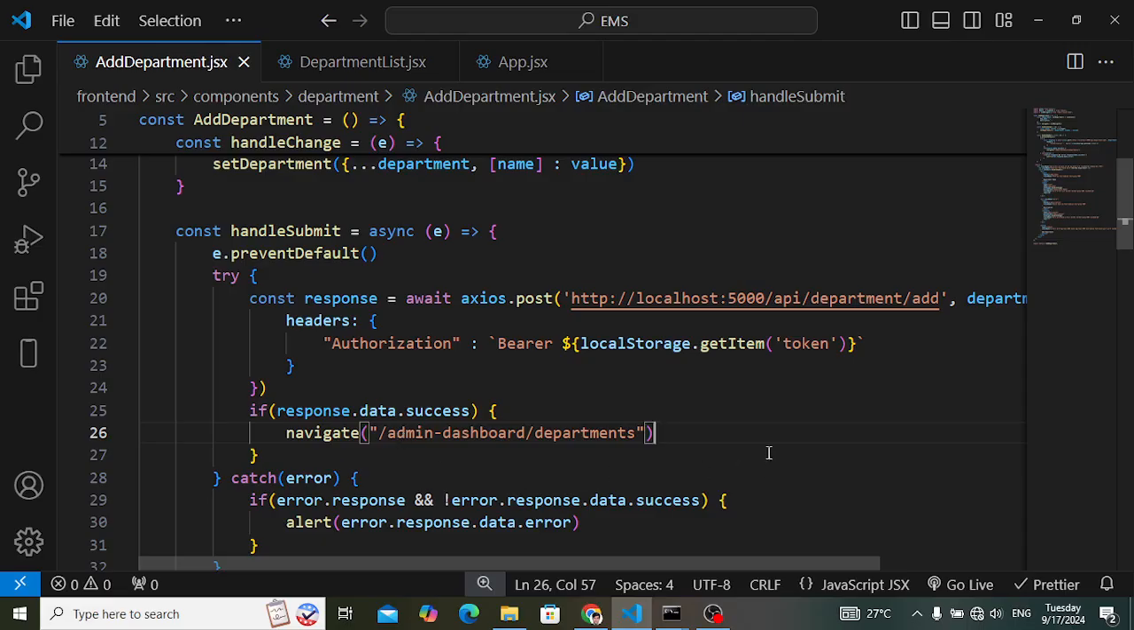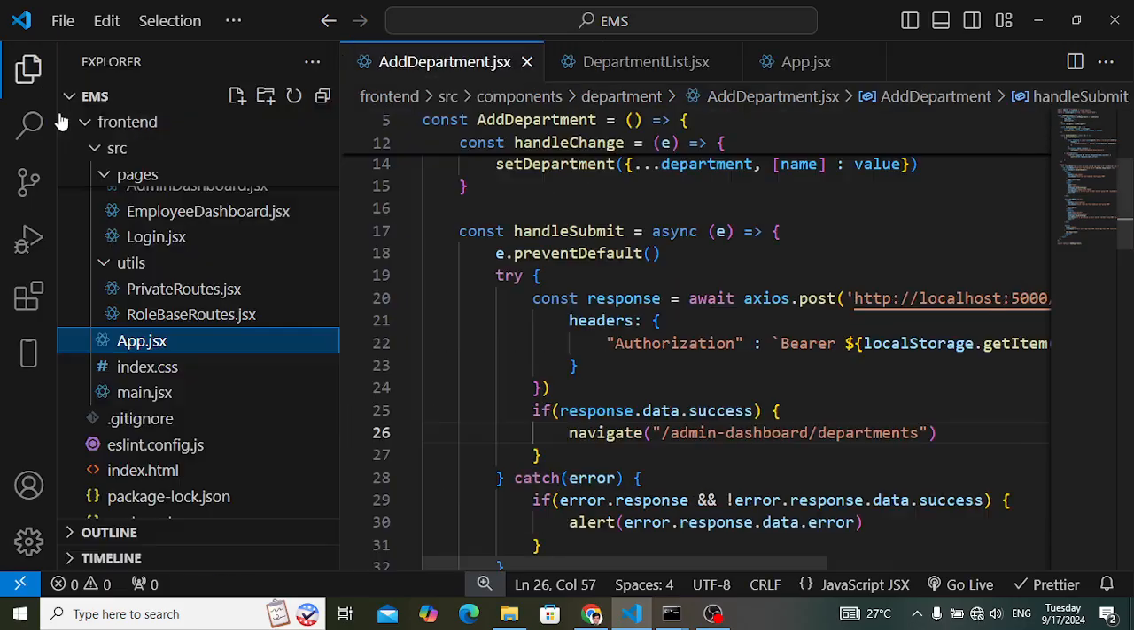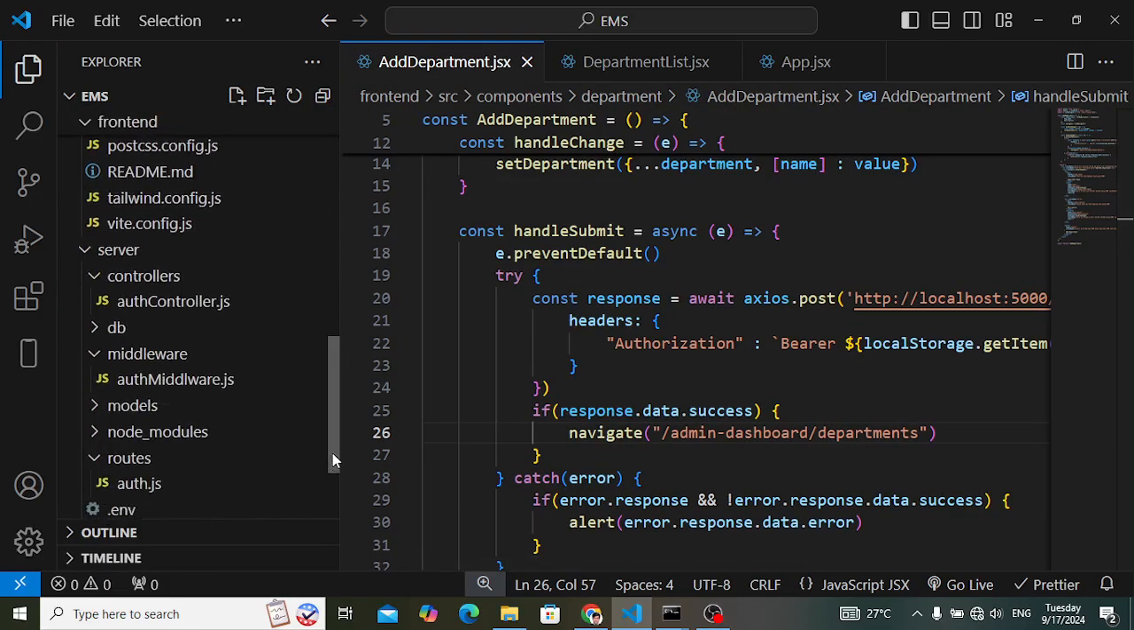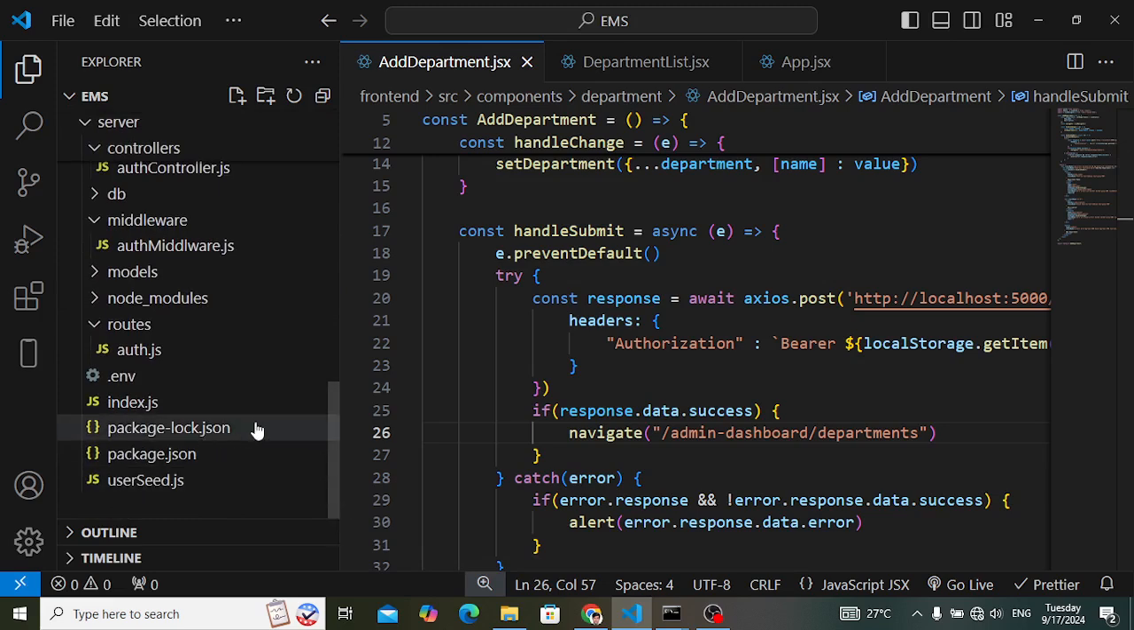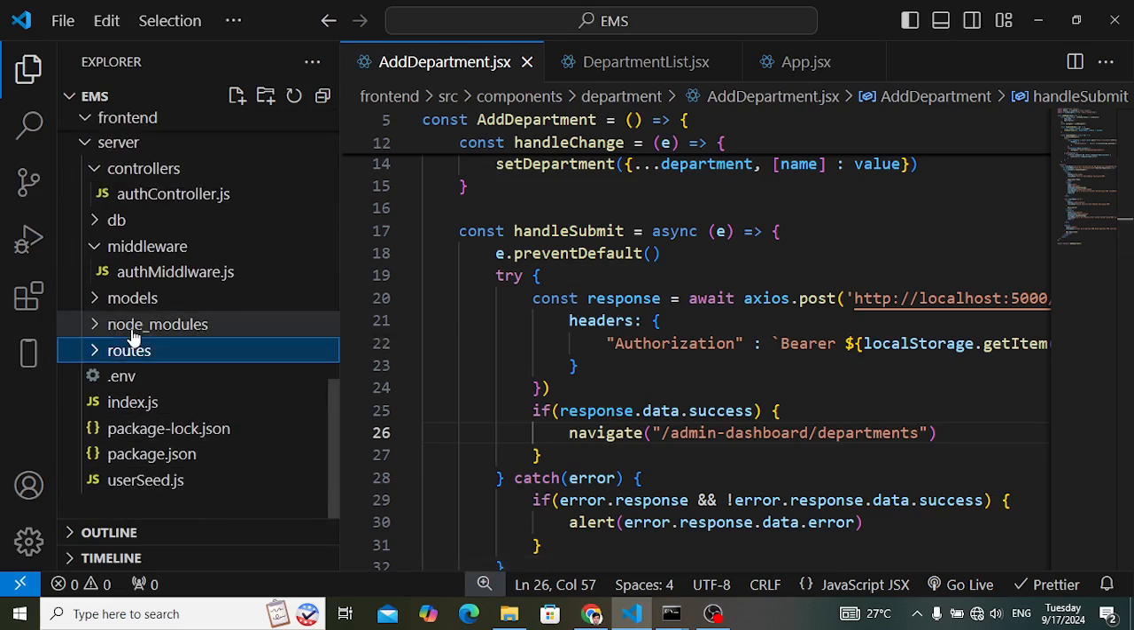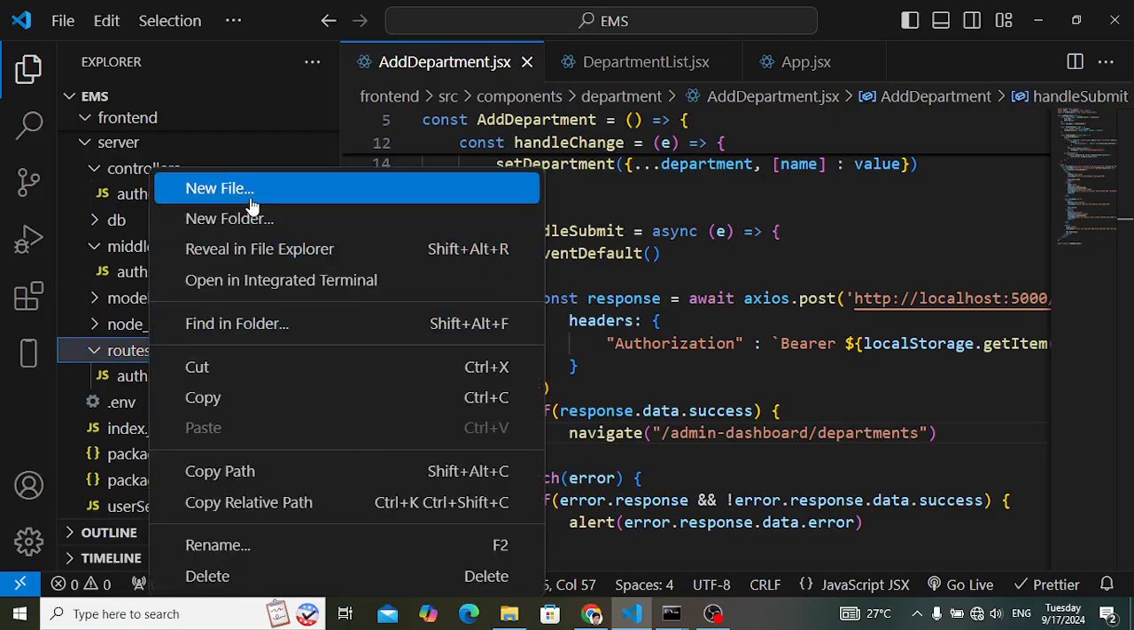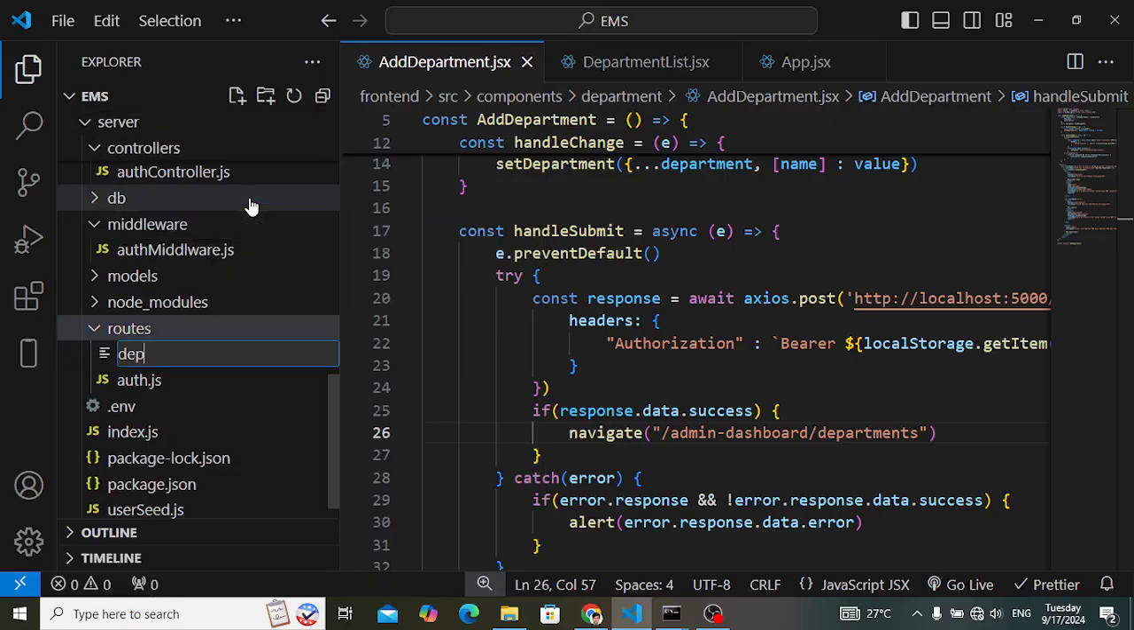That's it. Now let's move to the server side to add this data to the database. For the server side, let's move first of all to the routes. We will create a route for department. Come here to the routes folder. If we don't have any route for department, right click and add a new file. We will name it